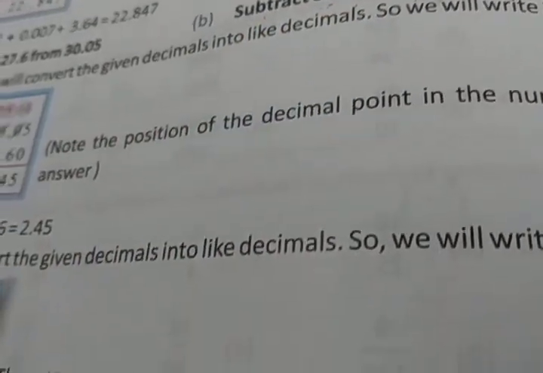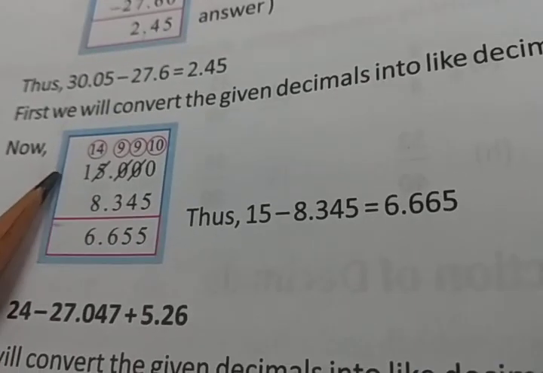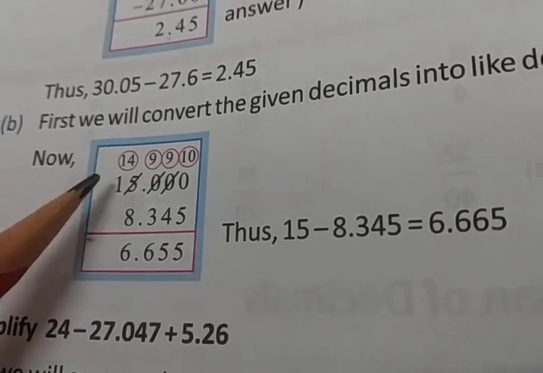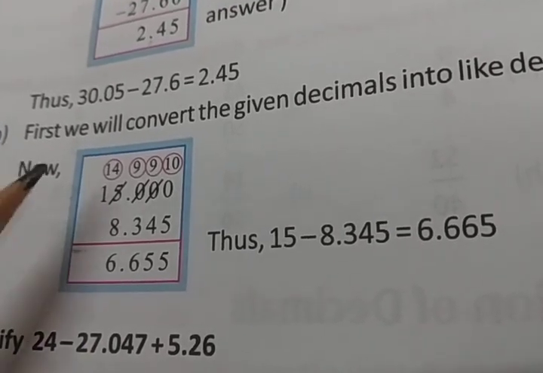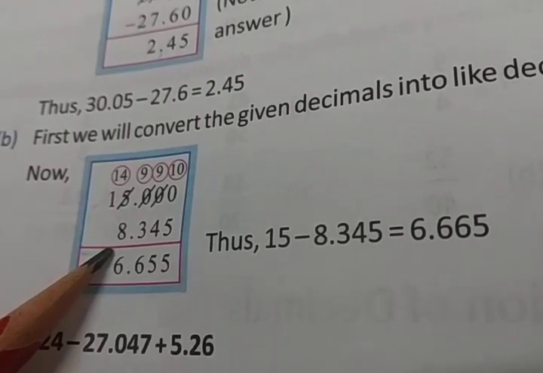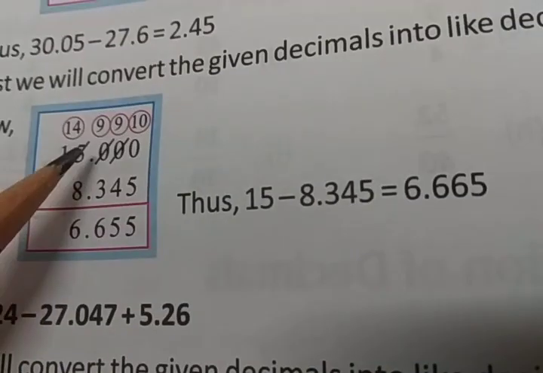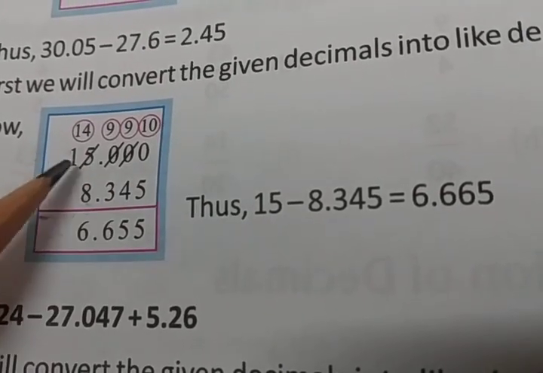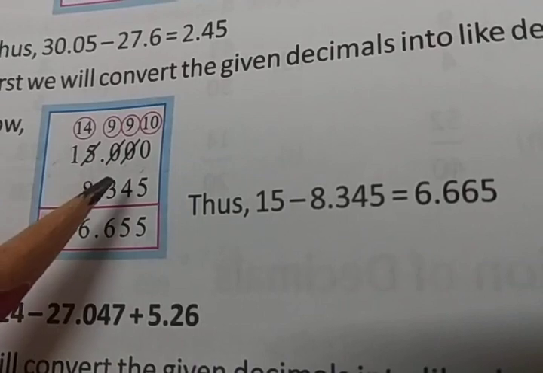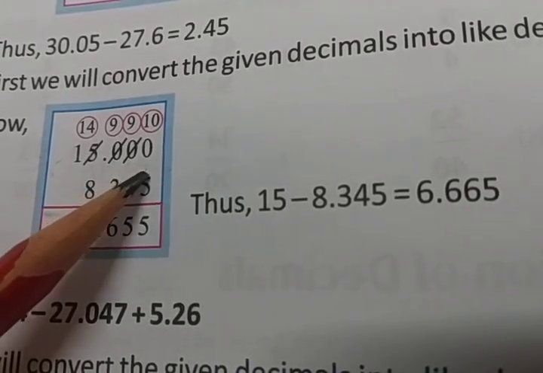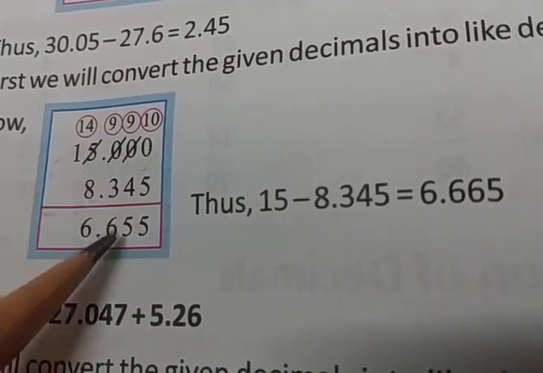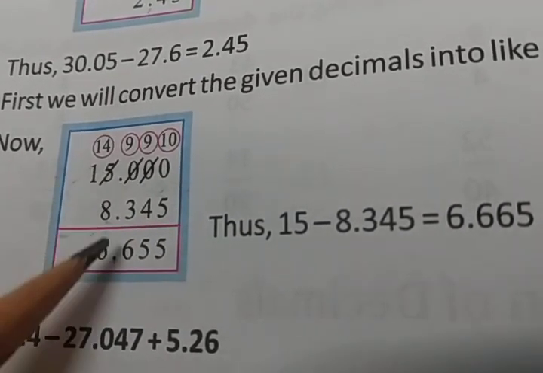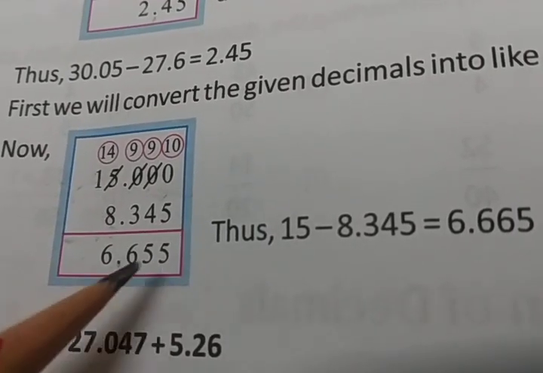Now what we have to do? We have to do the division. Here you can see the division now. So from the number, that is 15, I have taken... Here we are not doing the division, sorry, we are doing the subtraction. From 15 we have to remove this number, that is 8.34. Again see the decimal place here, that is point and point. However many zeros I want, I can add after the decimal. There is no value for zeros after the decimal. Clear? So how to do the subtraction, you know that. You have taken the borrowing here and subtract, but don't change the decimal place. Clear? So this is our answer.